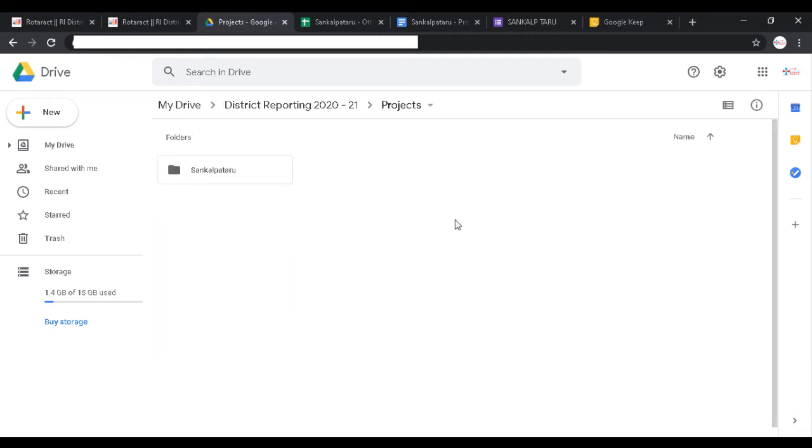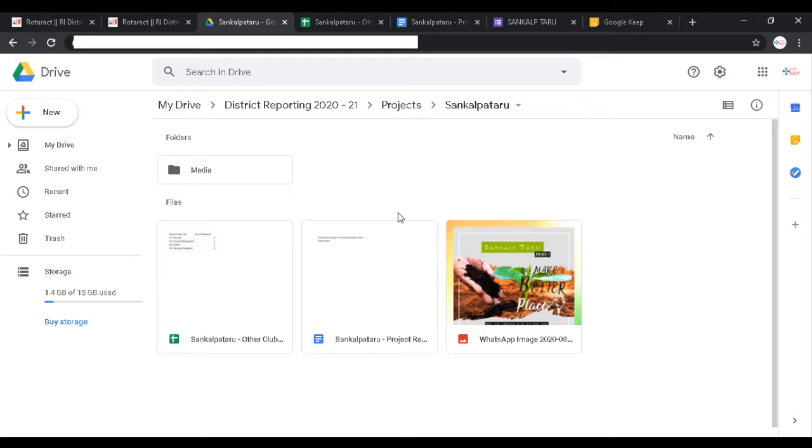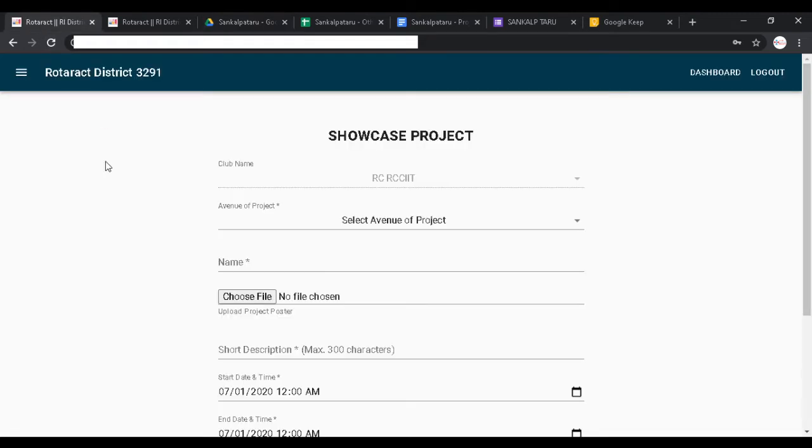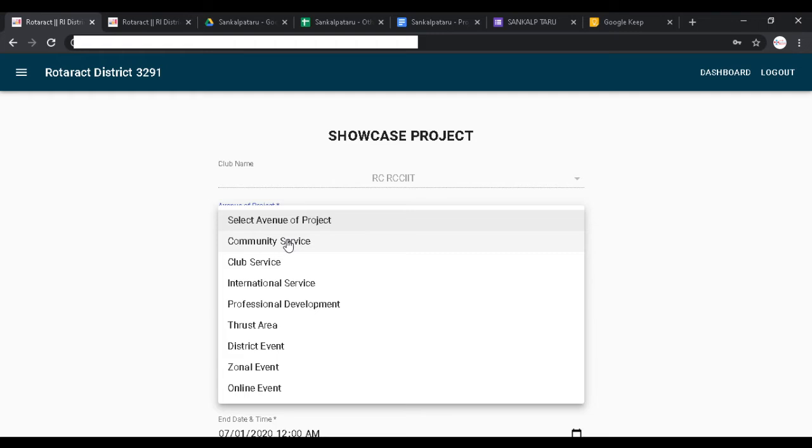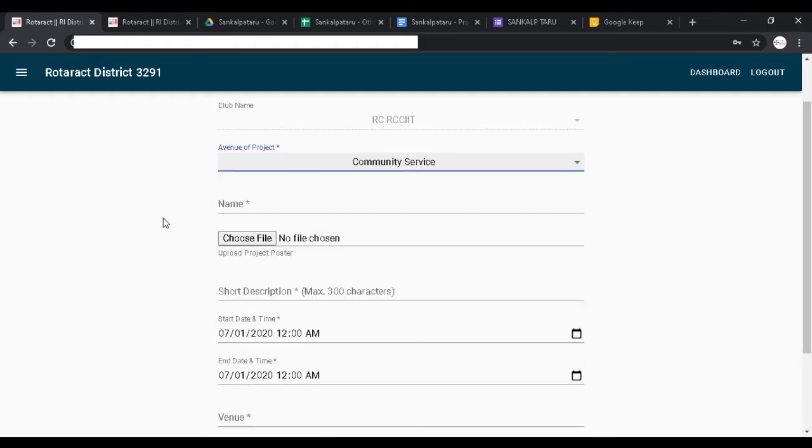Once I'm inside the projects folder, I have a folder dedicated to a project which was organized in the past. I'll showcase it. So let's just say this is going to be organized. Once I'm inside the folder, you can see everything that is related to the project available here. Now this is only for illustrative purposes, and you can organize your content however you want, in whichever way you want. I'll just move back to the website and fill the data regarding the project.